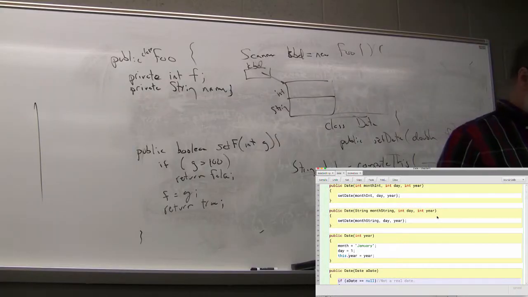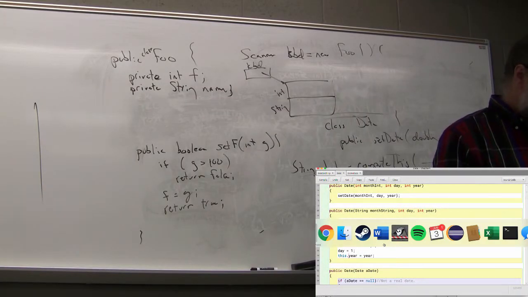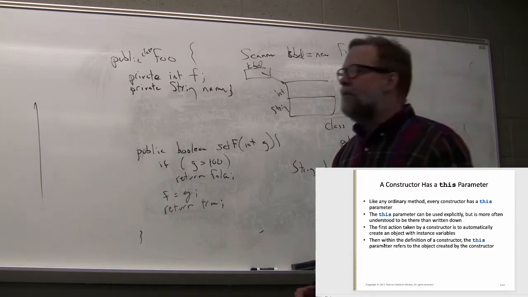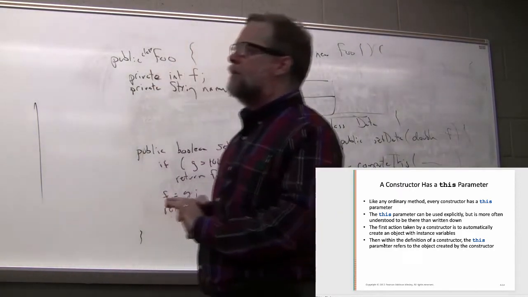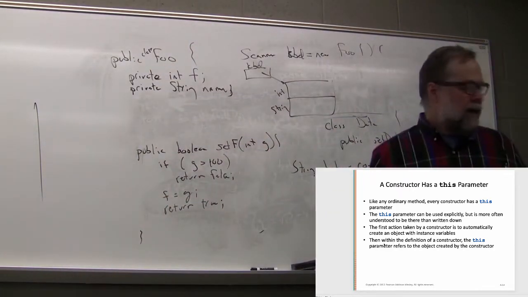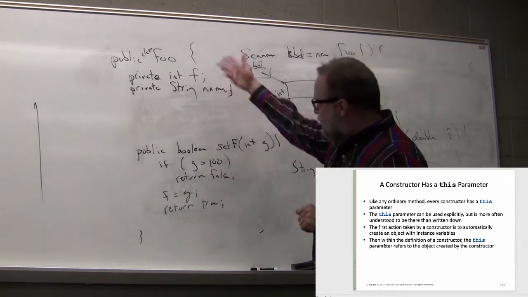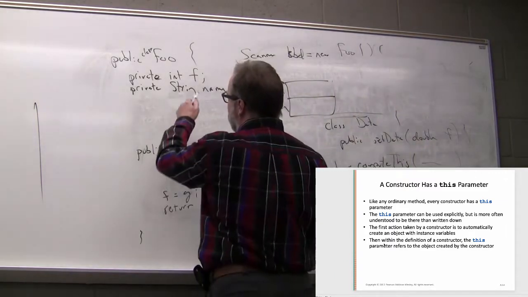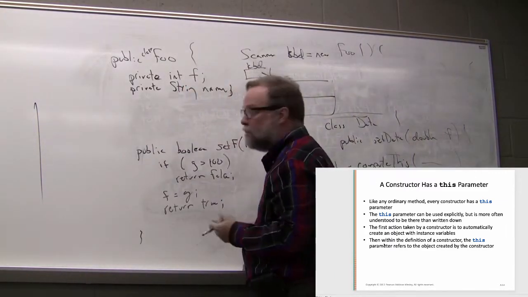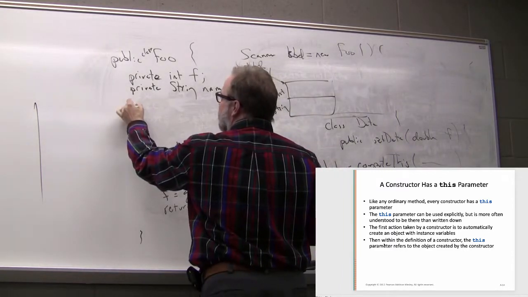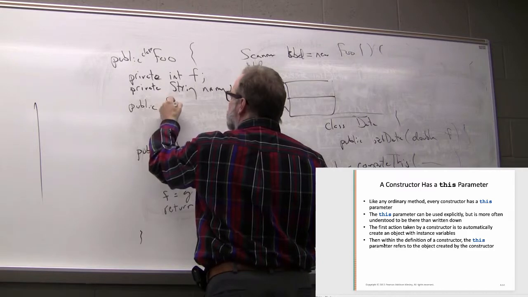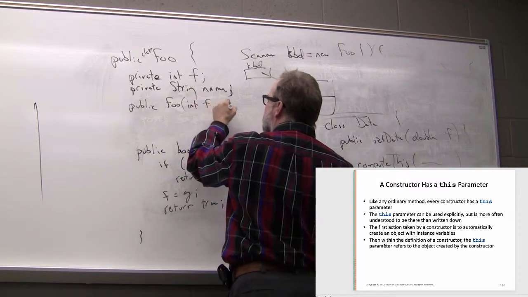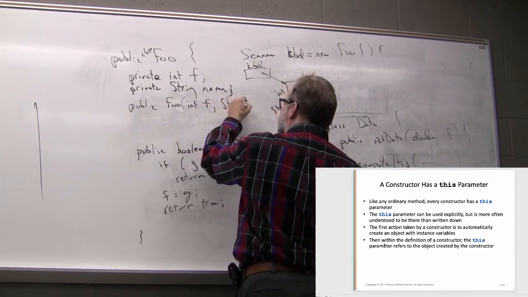All right, so back to talking about constructors. We talked about how you can use the this keyword for this parameter in a constructor, and it's very common to do that because one of the most common constructors to write, for example, if I had this little example here with foo, is one that lets me set both of those fields explicitly. So I will have public foo, and then I'll take two parameters, int f, string name,